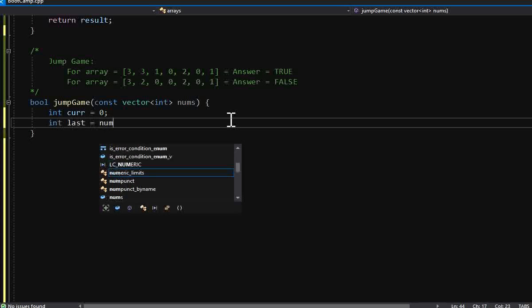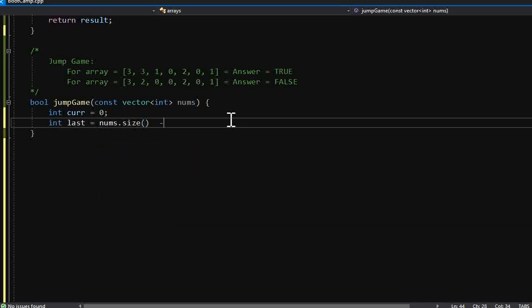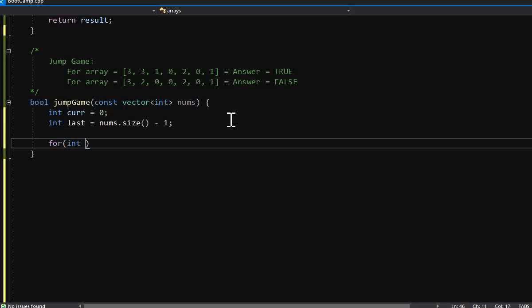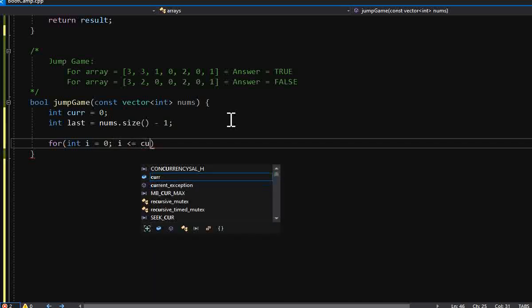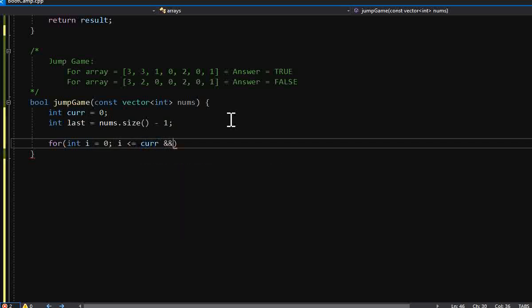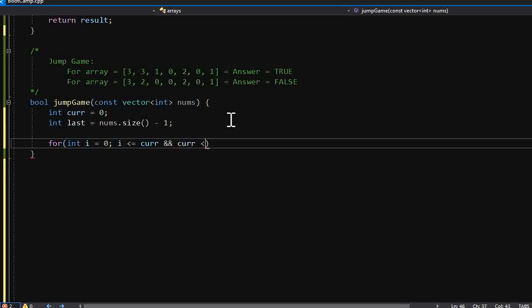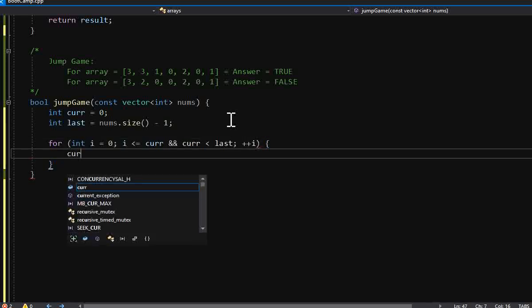And then we will calculate the last index, which will be nums of size minus 1, and then we will start I at 0, and then we will keep going until I is less than or equal to cur, and also cur is less than last. So this is how you are going to go,